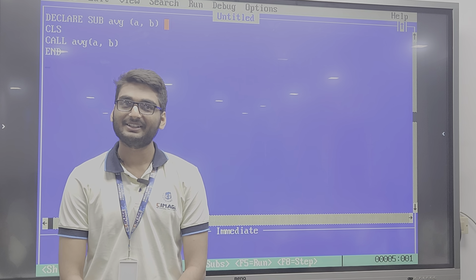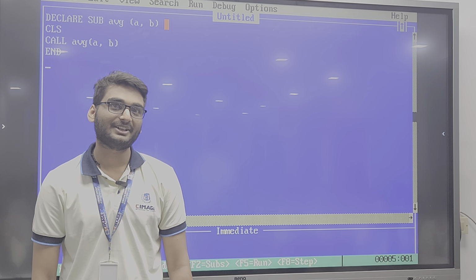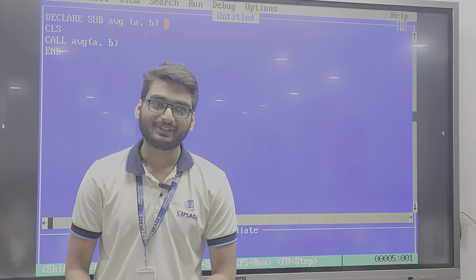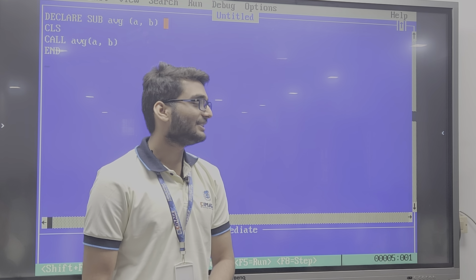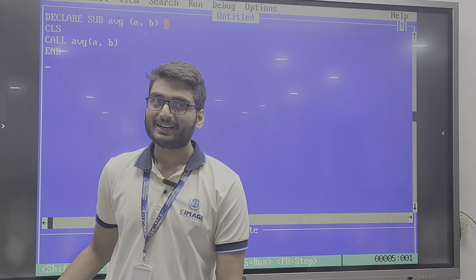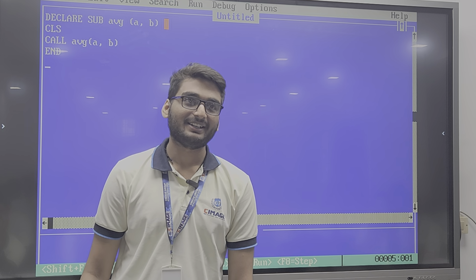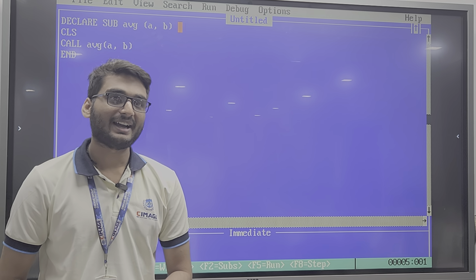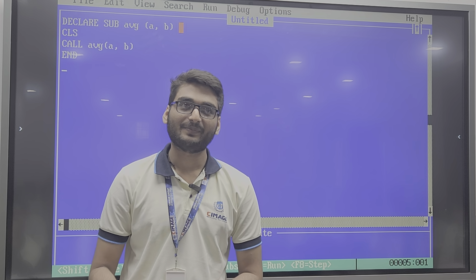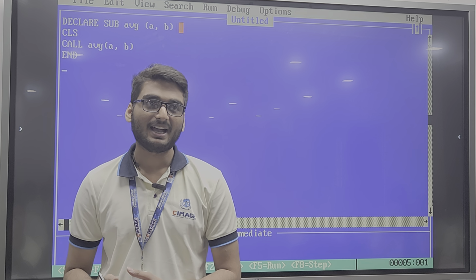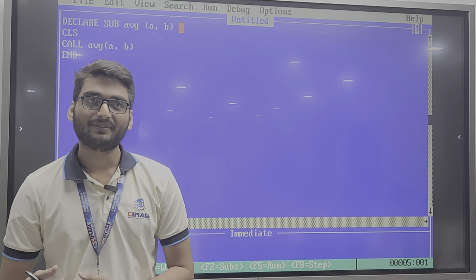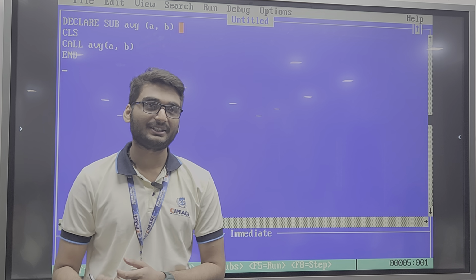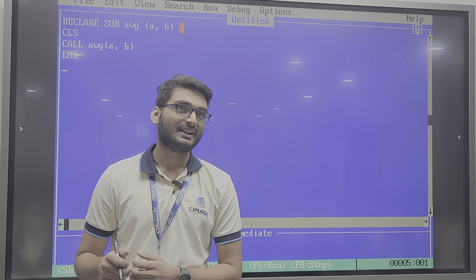I am Prasant Anand, a student of BCA PPU first year first batch, present in front of you with a program of subroutine. This program is prepared under the guidance of our respected Neeraj sir. In this program we have to find the average of two numbers by taking input from the user and with the help of a subroutine. So a subroutine is a procedure which doesn't return any value.